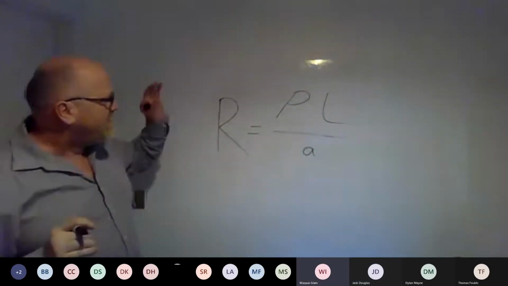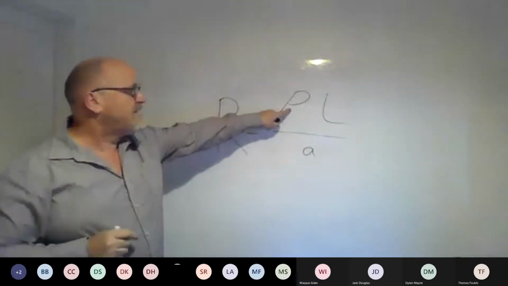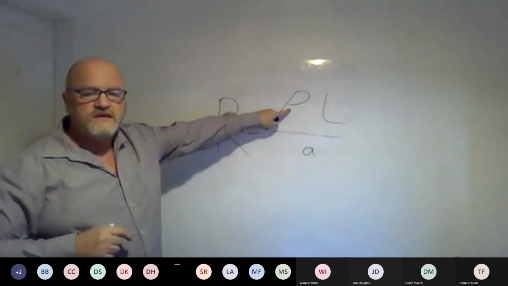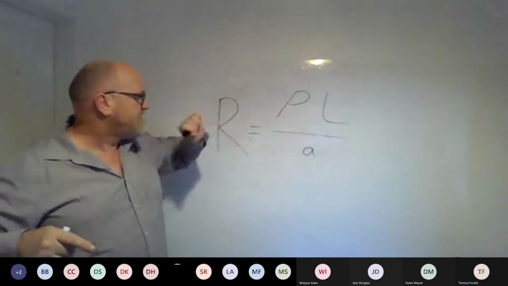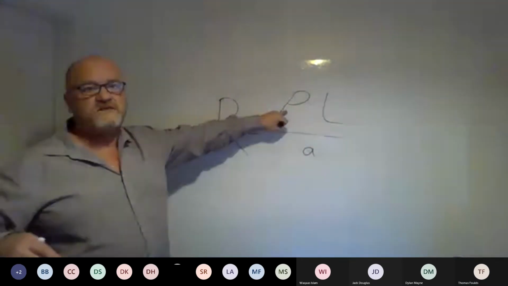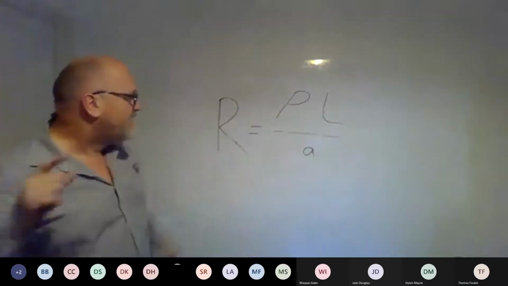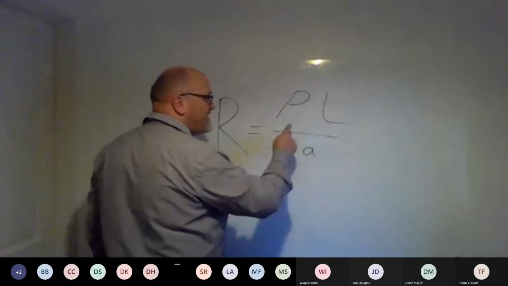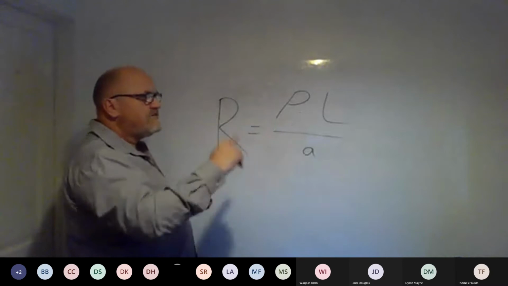Right, guys, with this, there's a couple of things that they won't ever ask you to work out. They'll never ask you to work out rho. We've done transposing formulas. They're never going to ask you what rho equals because it's a fixed constant. It's like gravity, set in stone. What they may ask you to do is, if they give you a resistance reading and they say it's in copper, how would you get it?